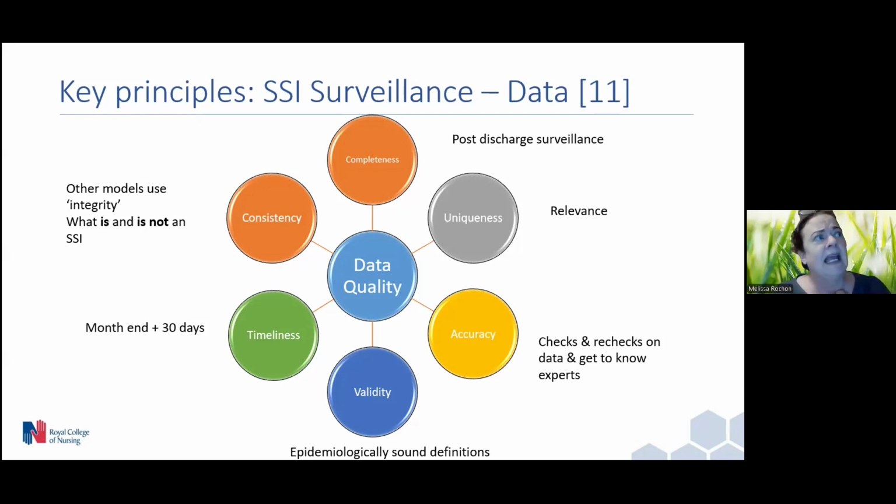Again, going back, we found 10 plus years ago, you would be waiting for the national surveillance report to come out 6 months after you'd submitted the quarter. And by that point, you'd missed a lot of the important trends. So we moved over to reporting internally every month so that we had that timely identification of issues.